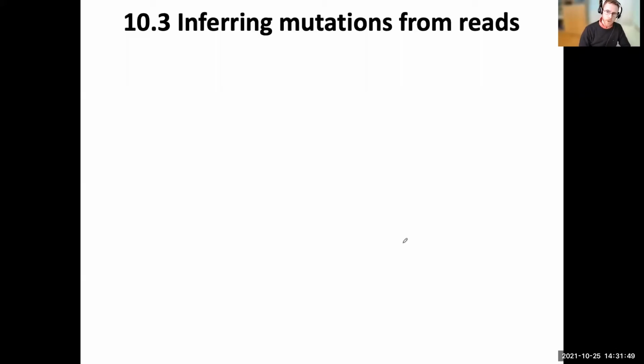Okay, so for this video on looking at mutations from sequence reads, we can think about different types of information that we get from sequence reads. And we're going to look at that over a few examples more broadly at microbes, not just looking at SARS-CoV-2 data. Well, what we can imagine is that we might have, say, a linear reference genome looking like this, and